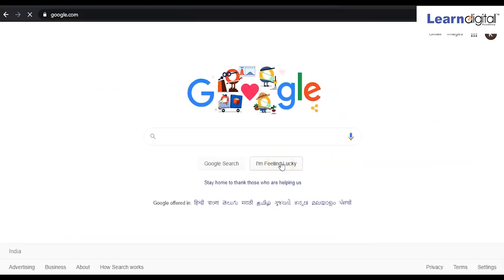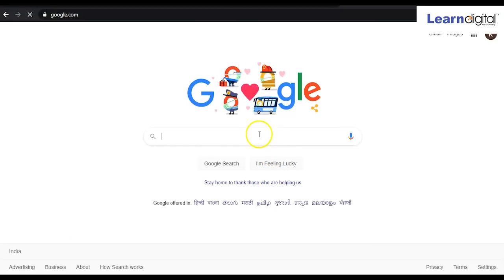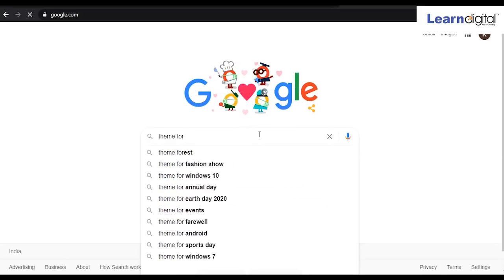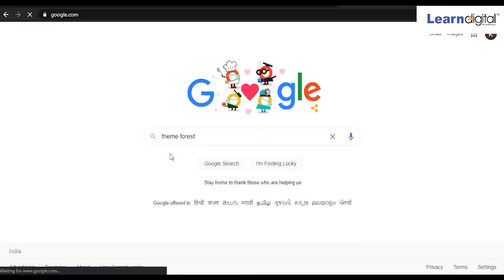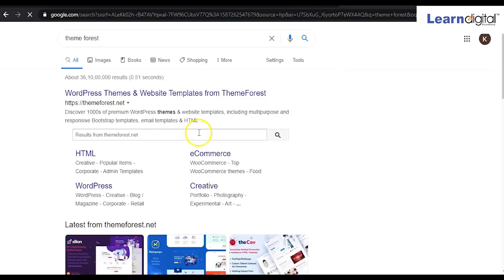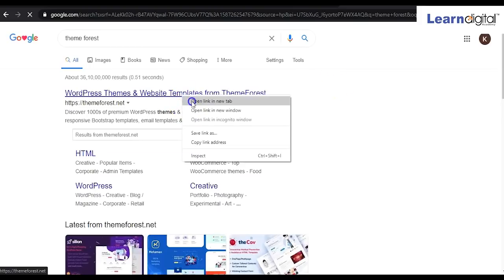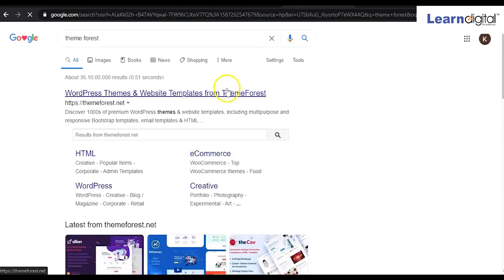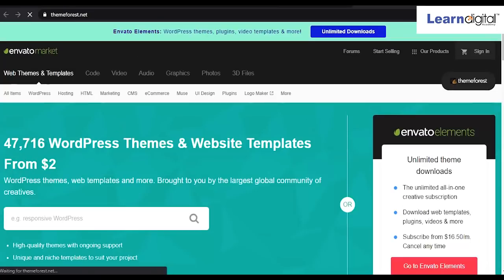WordPress themes you can purchase from ThemeForest, right? Here you can purchase premium themes which come with more options, and you can customize the theme as well, right? Here you can purchase a number of WordPress themes, or you can simply Google it for WordPress themes. You'll be able to see a number of websites, right? Here you can see the pricing as well.